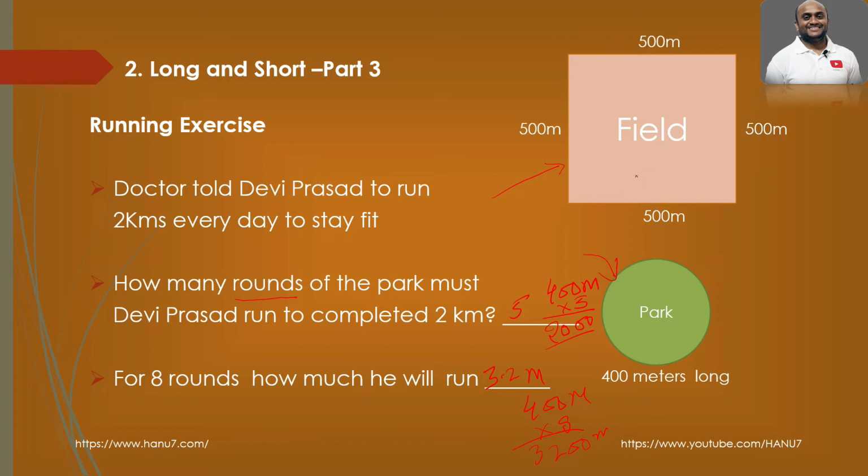So if, instead of going to this park, he goes to this field, 2 kilometers will be done with 2 rounds only. Okay, so for 8 rounds, how much? 8 kilometers you are going to get here. Okay,